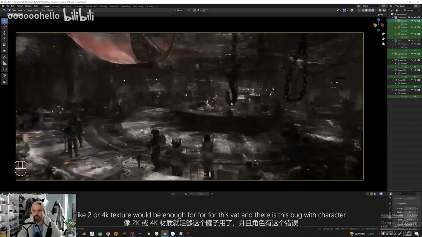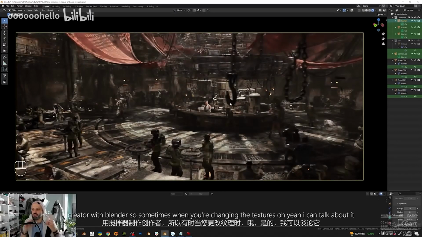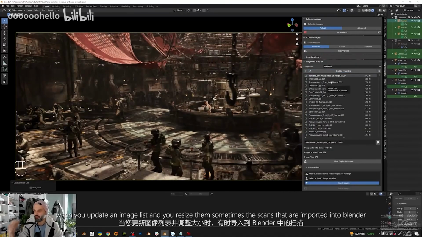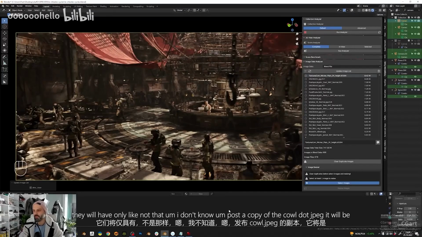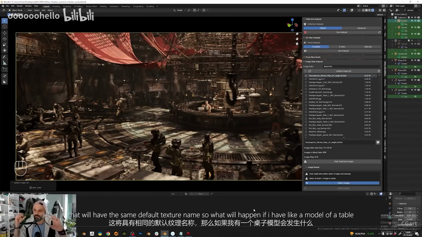And there's this bug with Character Creator and Blender. So sometimes when you're changing the textures, oh yeah, I can talk about it. When you update an image list and you resize them, sometimes the scans that are imported into Blender won't keep their names like post-apocalyptic cowl.jpg. It will be just called texture 0. So there's a huge chance that you will grab another model from the internet that will have the same default